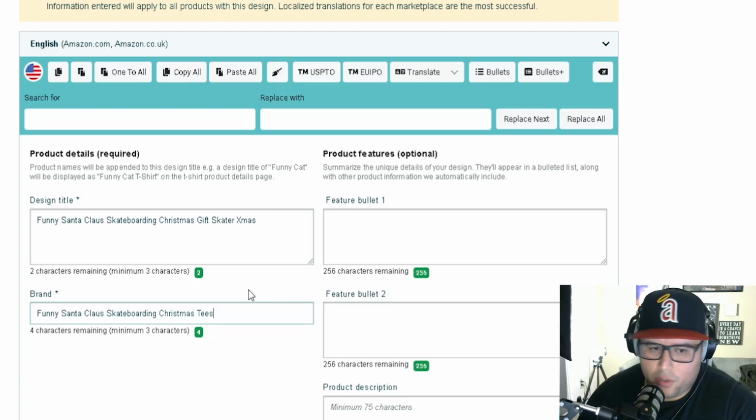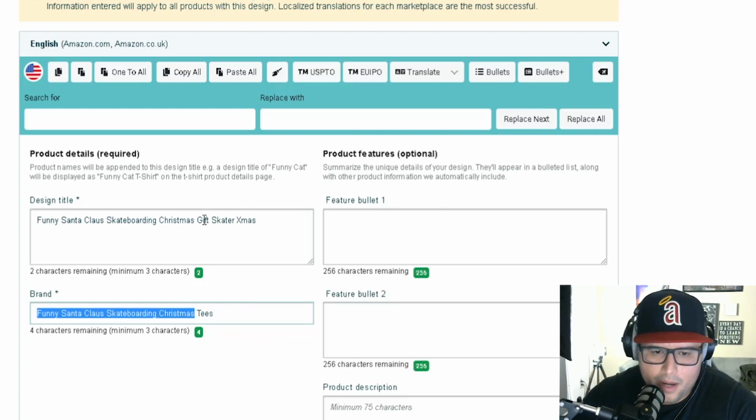The goal is to rank for 2 long tail keywords in the title, and rank for that one long tail keyword that you want to rank for in the brand. I usually add it right here at the beginning of the title, and then the second part of the title, you want to try to rank for another long tail keyword. And then exactly as I explained throughout the rest of bullet point 1, bullet point 2 and description, and list that bad boy, make that money,